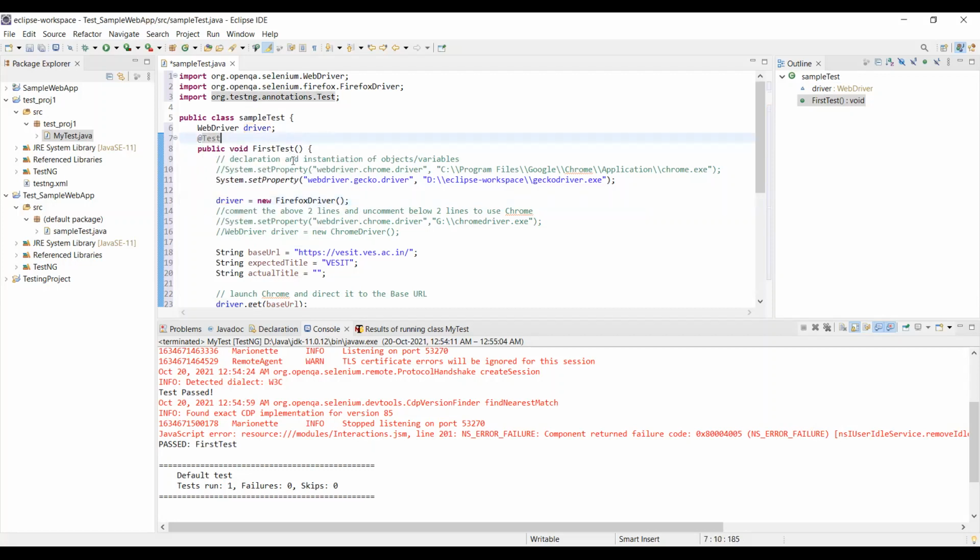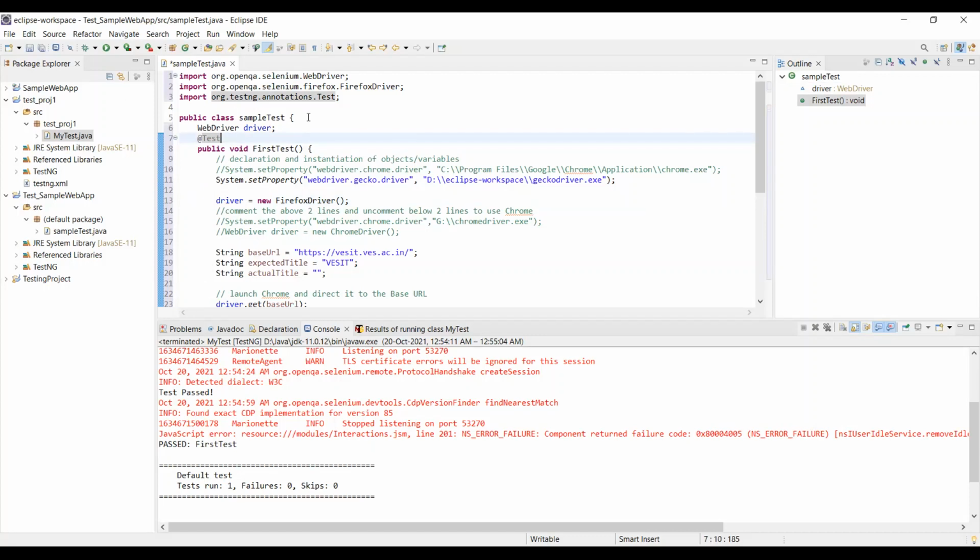Some of the other annotations are like @BeforeMethod, @AfterMethod, @BeforeClass or @AfterClass. These will be executed before or after executing a particular method, or a particular class, and so on. So that you can write down the methods and classes with respect to that.